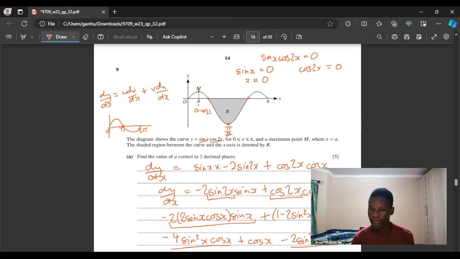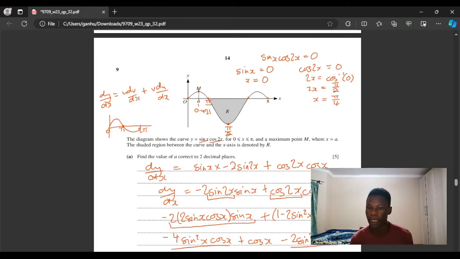So the other time it intersects 0 would be at pi, so that's this point, 0 and pi. Those are those 2 points. We don't want those points, so let's evaluate cos 2x rather. So 2x is equal to arc cos of 0. You get 2x is equal to pi over 2, and x would be pi over 4,